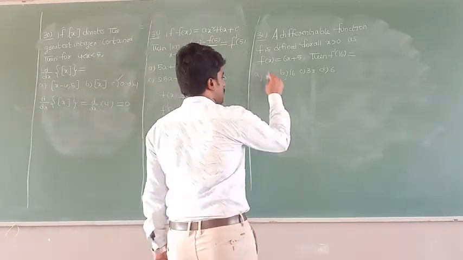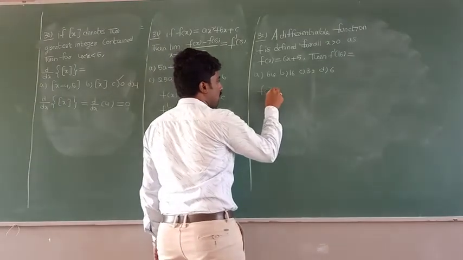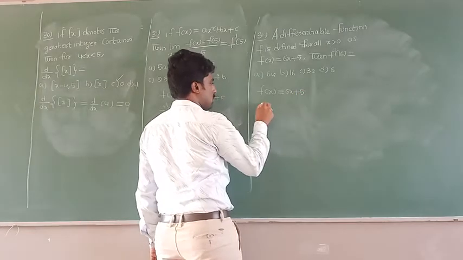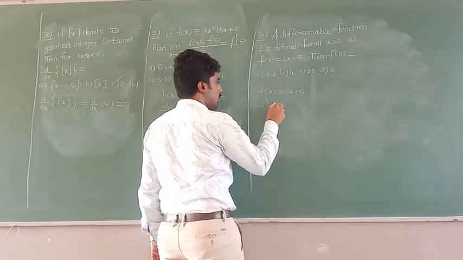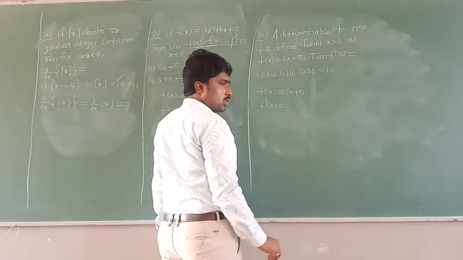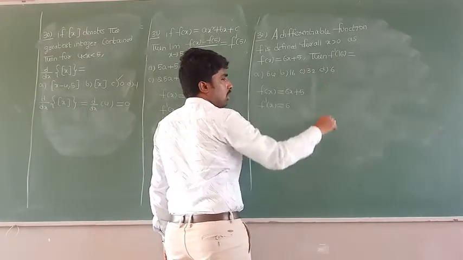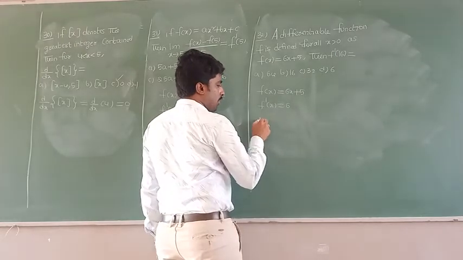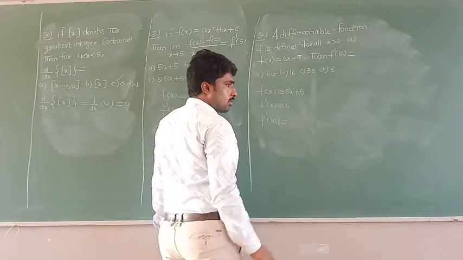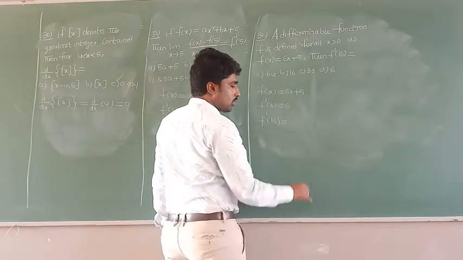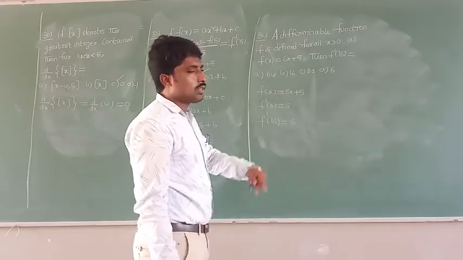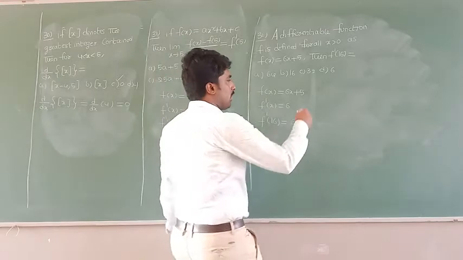Now, if I do the differentiation of this function, what is the function here? F of x equal to 6x plus 5. Then if I do the differentiation, what am I getting here? F dash of x equal to the differentiation of 6x, which is 6, and the differentiation of 5 is 0. But what are we asking here? F dash of 16. In place of x, I need to replace 16, but here there is no x value to replace. So that's why f dash of 16 equal to 6 only. Now tell me, which option is the correct answer? Option D is the correct answer.